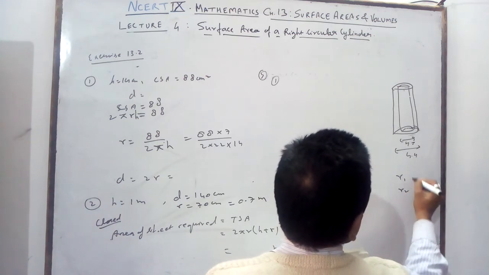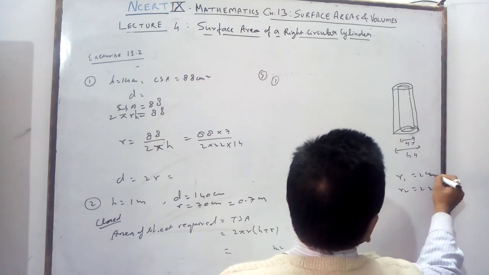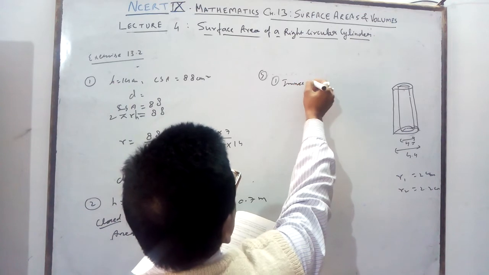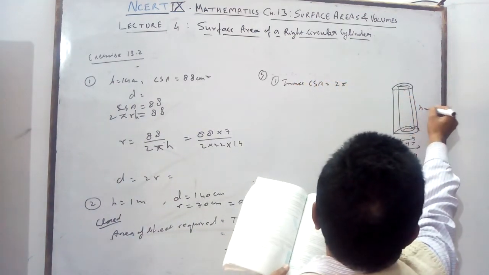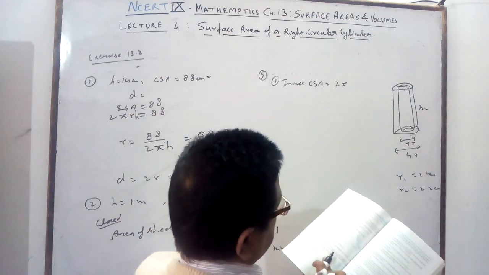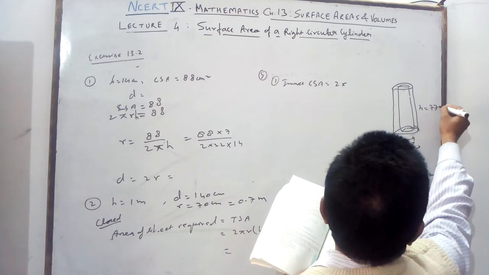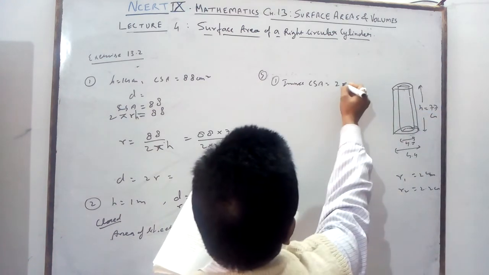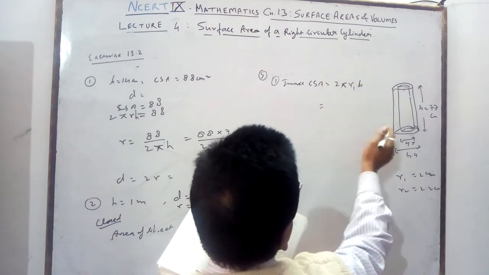Here it is small. R1 and R2 you take. It is 2 centimeter and it is 2.2 centimeter. That is given. So inner CSA is equal to 2 pi R1 H. For both, the pipe is 77 centimeter long. What is given? 77 centimeter long, this pipe. So 2 pi R1 H, that you will calculate.